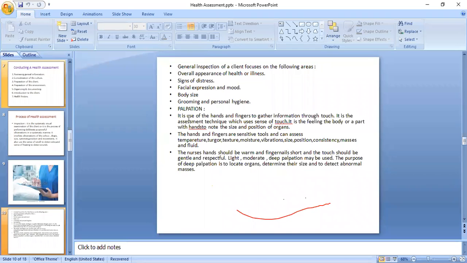Then palpation. Palpation is the use of hands and fingers to gather information through touch. In palpation, we'll use our hands and fingers, meaning we'll touch the organs, we'll touch the patient to gather the information. Here we'll use the hands and fingers